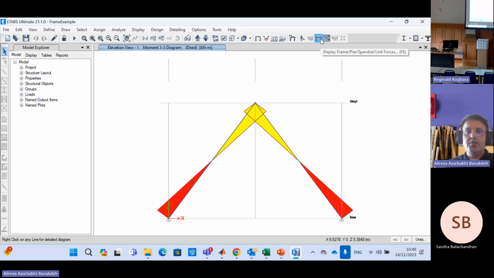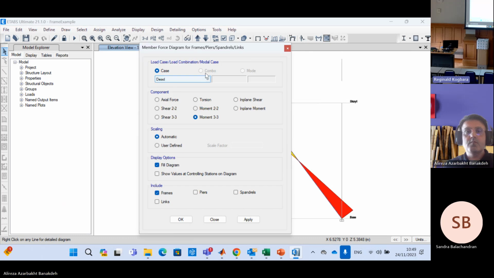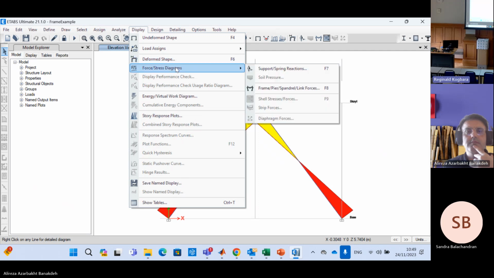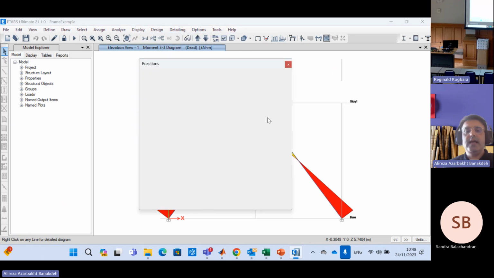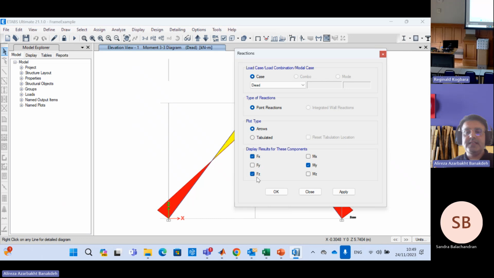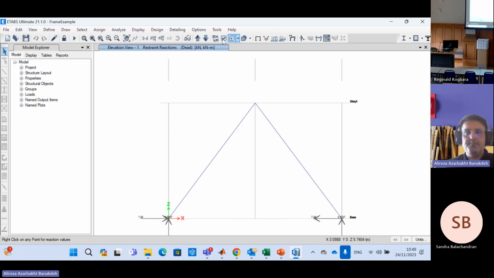So you can go to display and display support reactions as well. See, it is the support reactions, and in this case I need Fx, Fz, and My, because I'm working in the x and z coordinate system. So I need these three to be compatible with what I'm working with. And if I take a look at them,